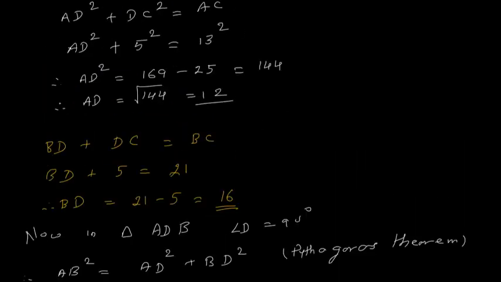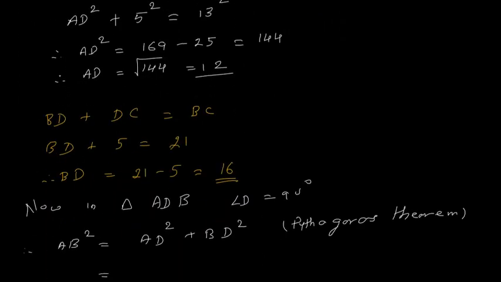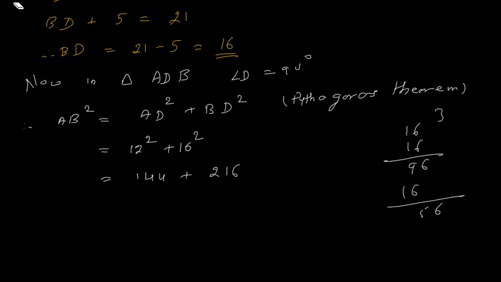So the value of AB square we don't know, it is equal to AD square plus BD square, that is 12 square plus 16 square. So here it is 12 square plus 16 square. Now the value of 12 square is 144, and the value of 16 square is, I said 216. Okay, if you have any confusion, just try to multiply. 6 6s are 36, 6 1s are 6 plus 3 is 9, 1 6 is 6, so this is 6, this is 5 and this is 2, 256. Okay, so I was wrong, this is 256.